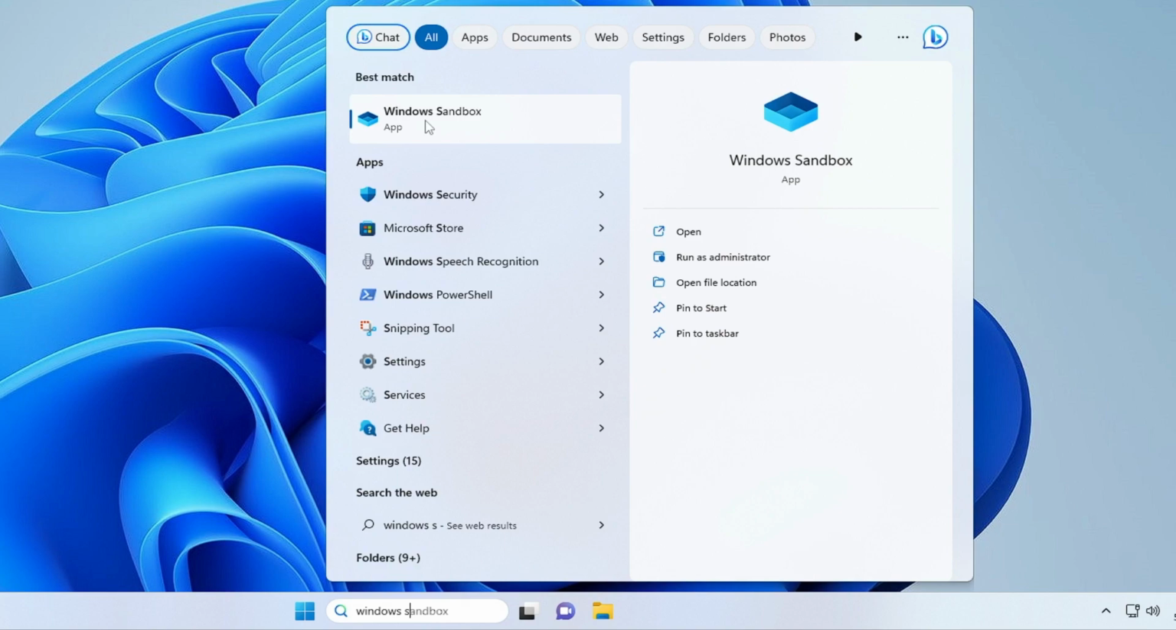So hopefully guys, you can also enable the Windows Sandbox option very quickly on Windows 11 Home Edition by following